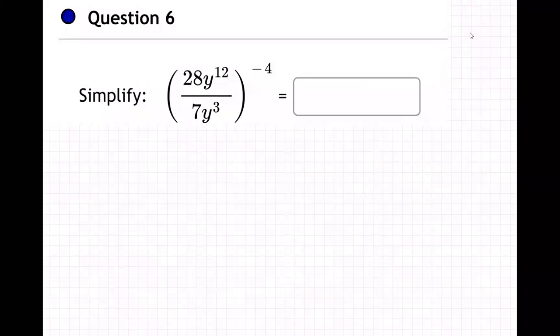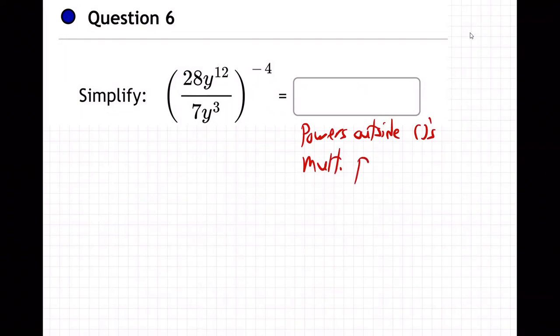Okay, on this problem, we have powers outside parentheses. So what do we do? Powers outside parentheses multiply powers inside parentheses. So, okay, and honestly, let me write, but first,